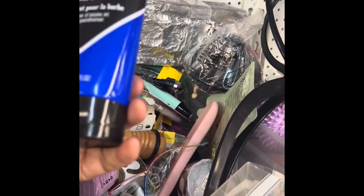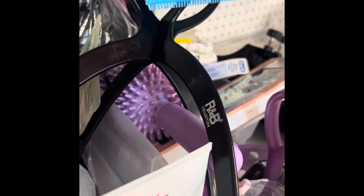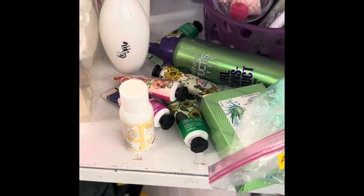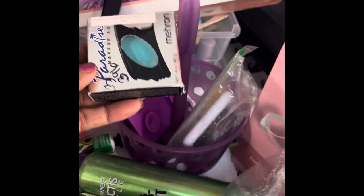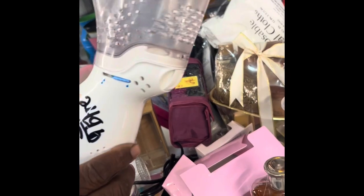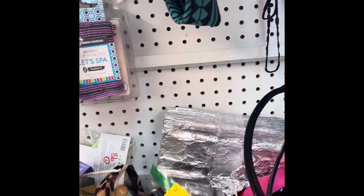That is the beard wash that I did see several of those for sale, and they sold pretty good, but I decided against it because, again, the item was not sealed. I didn't want to take a chance. This Lever 2000, I could have gotten that. That was only 98 cents, but it's kind of close to what you would purchase it for from a department store. So here's some makeup. I believe these had been opened. So again, I left them. And it doesn't matter what brand it is or how expensive it is. I would not use it myself, and so again, I would not attempt to sell it